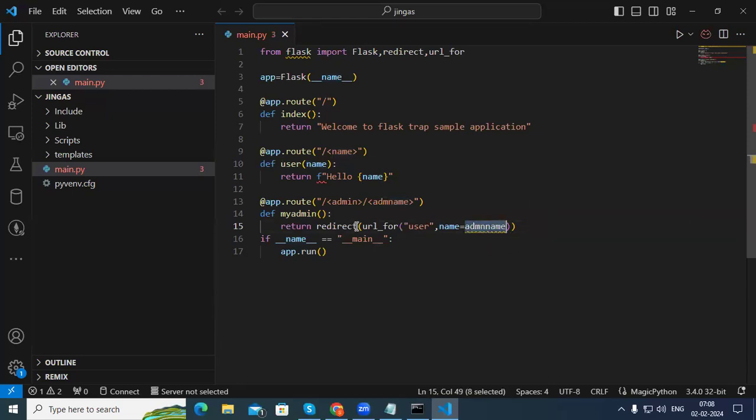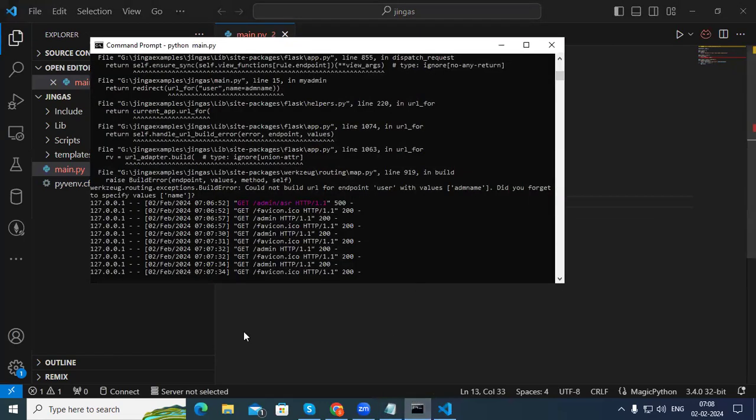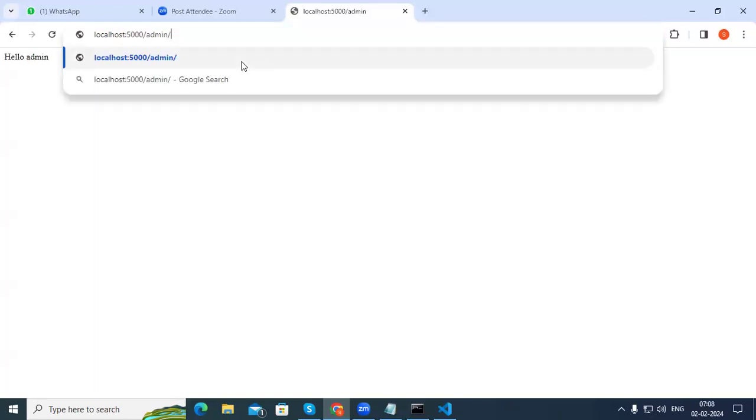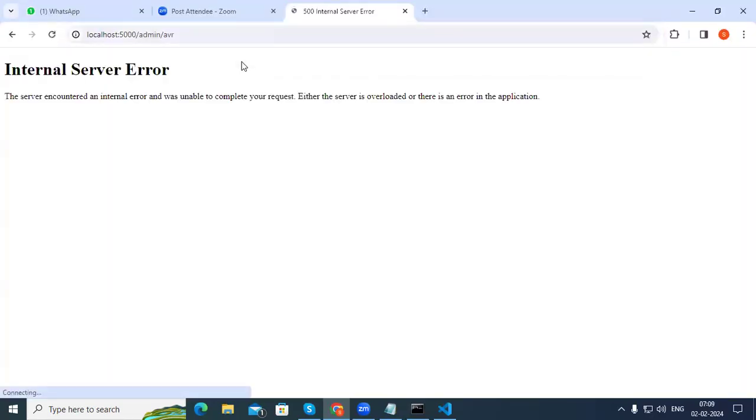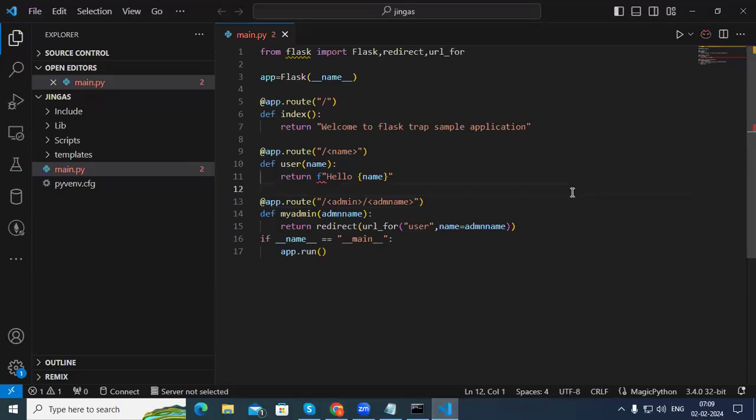It is not available here. First we need to pass in this. Okay, so this time again we see we come into admin followed by AVR. Still it says actually admin error. So normally we go with root followed by here variable name we can give. So it is using that variable name. Because of that actually we have a problem in this. Slash followed by in the square brackets when you give in here, if you give name like this is a problem. So therefore we have to go here with the user